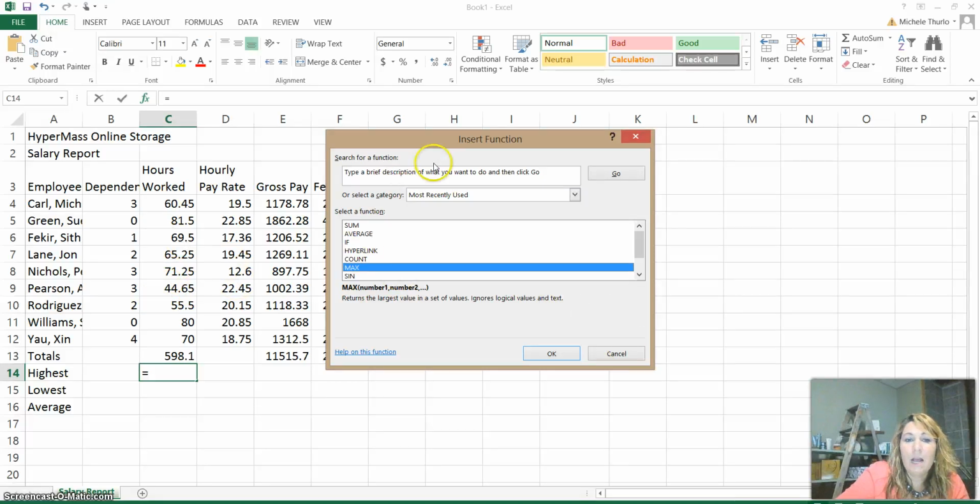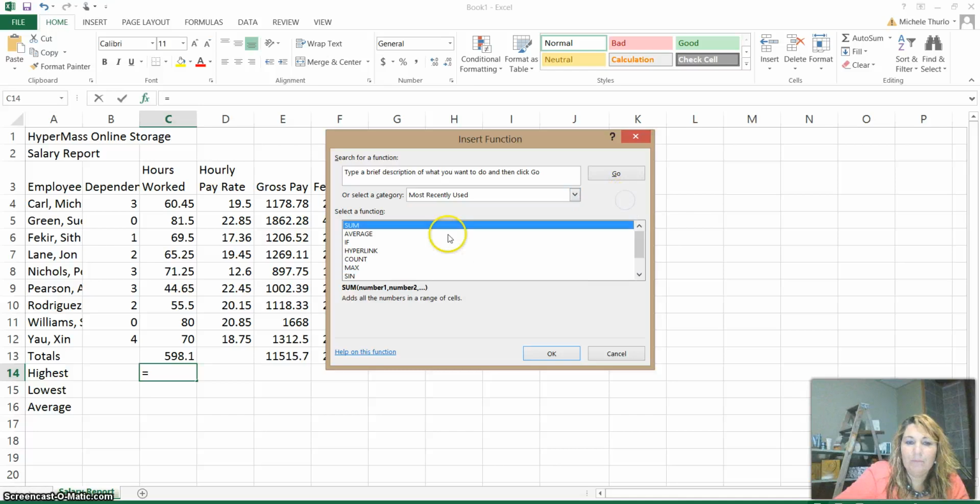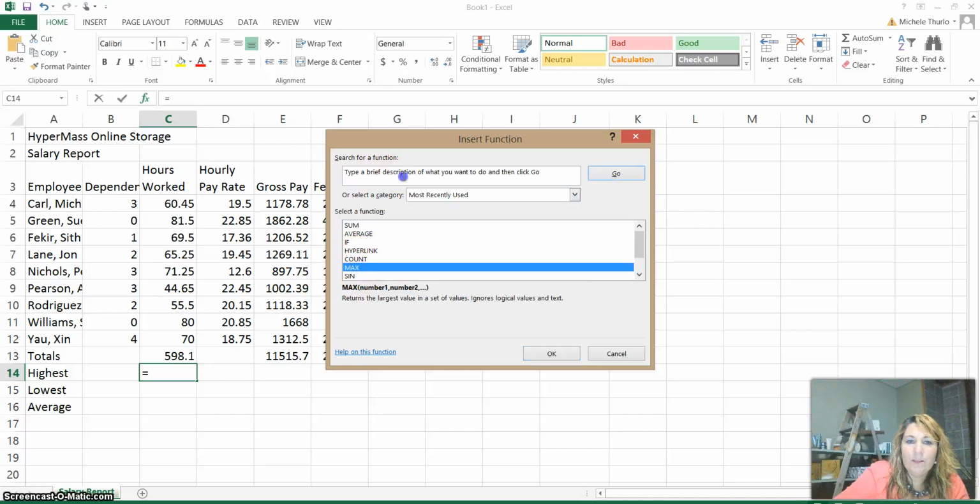Now if max did not come up here, I can type in a description and find it that way, or I can look through some of the categories and find out, you know, is this a financial thing? Is it a statistical item? What kind of information is the max? So I could find it there, or up here I could just come in, and you have to delete what's in that box. I could type highest and hit go,